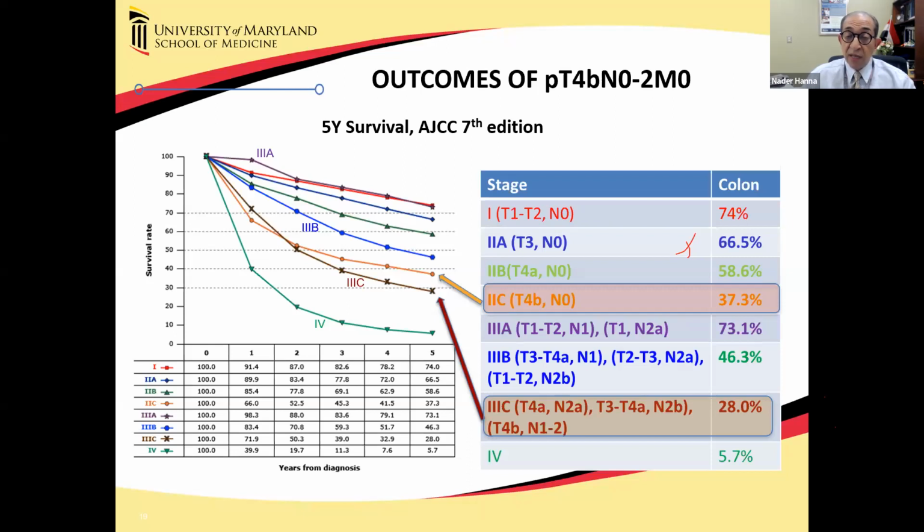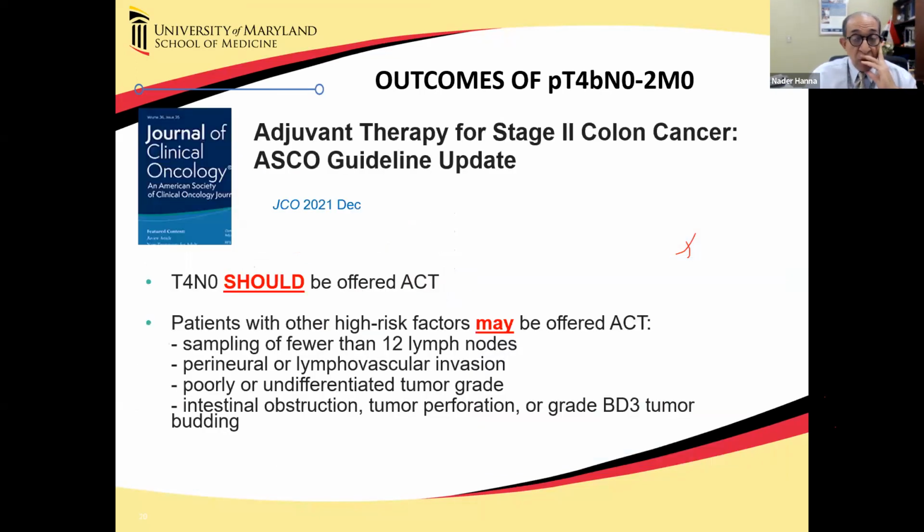So you can understand why a T4 lesion is a biologically bad case for the patient with a poor survival, whether it's node negative or node positive. The 5-year survival for node negative is only 37%. For node positive it is 28%. So it's pretty bad, okay? T4 here trumps the nodal involvement. So, based on this recent evolving data,